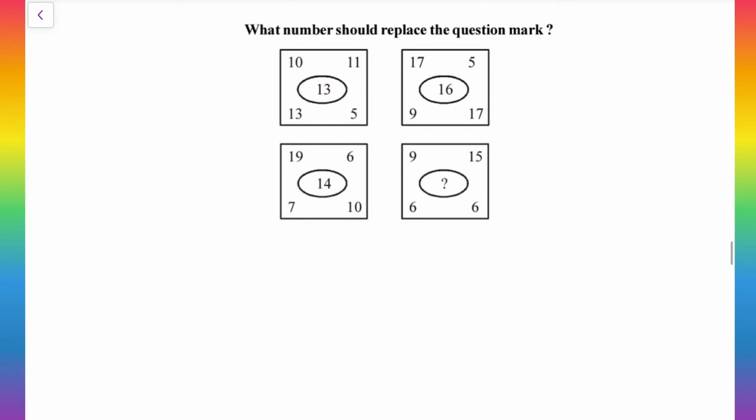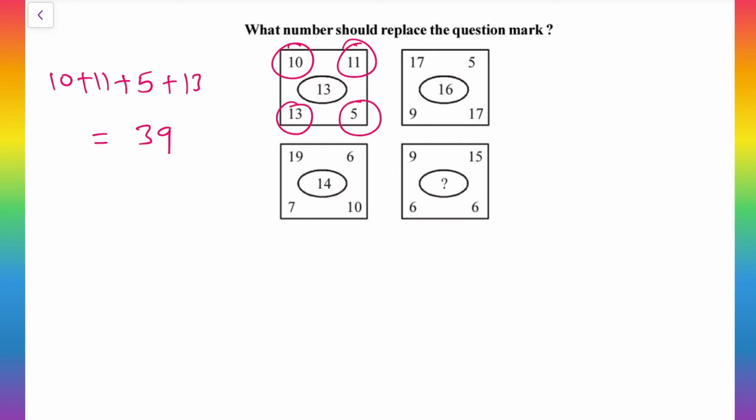Okay, here in the square box, outside some numbers are there, and inside the circle some number is there. So it's very simple then. If we do something for these outer 4 numbers, we will get that middle 13 number. Okay, let us check. First, as usual, I will go with the addition process only. It will become 10 plus 11 plus 5 plus 13. Outer numbers I am doing addition. 10 plus 11 is 21. 21 plus 5 is 26. 26 plus 13 is 39.